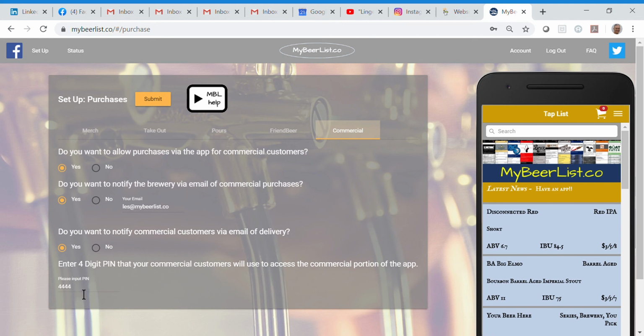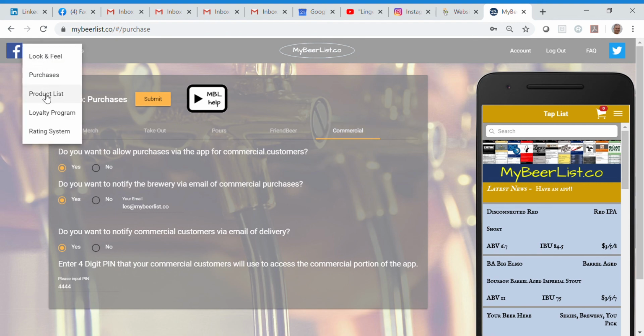And then you set a 4-digit PIN in here, and this is the PIN that the person who is logging into the app is going to need to be able to access the commercial module. Okay, and then once you've done that,